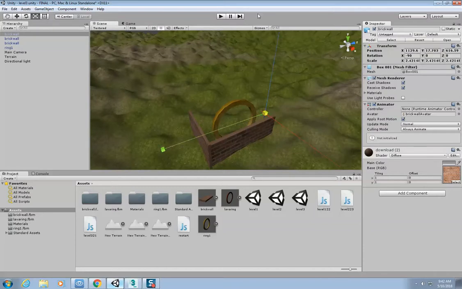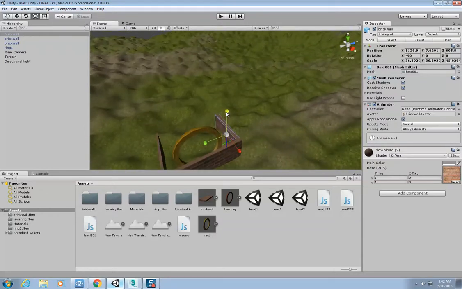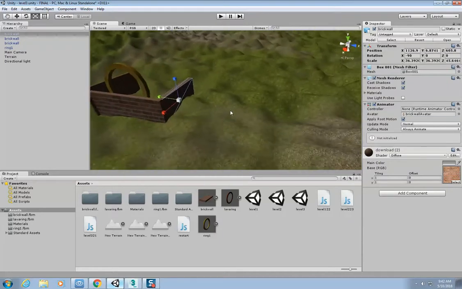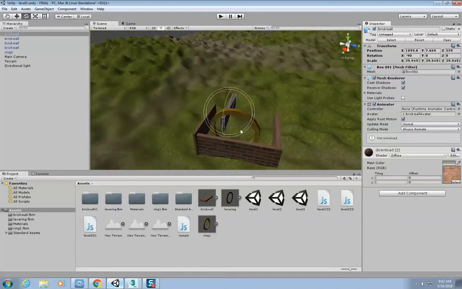Let's bring another brick wall in over there. Let's make it bigger. Okay. There we go. Let's make this bigger, like that. And the last thing I need to do is I'm going to add one more in there. Make it bigger. There we go. Rotate. Move it in. Bring this up. And then